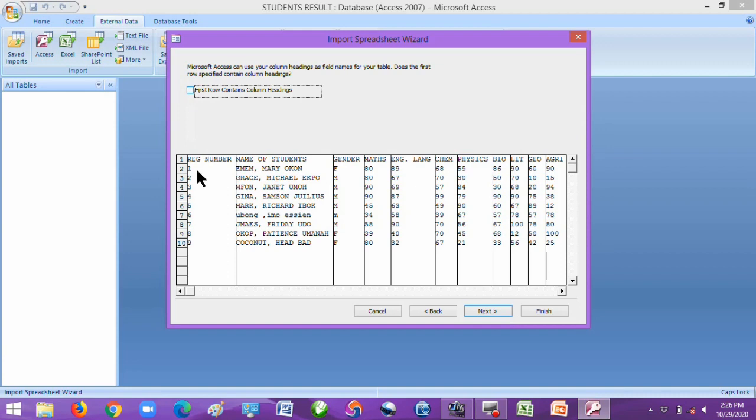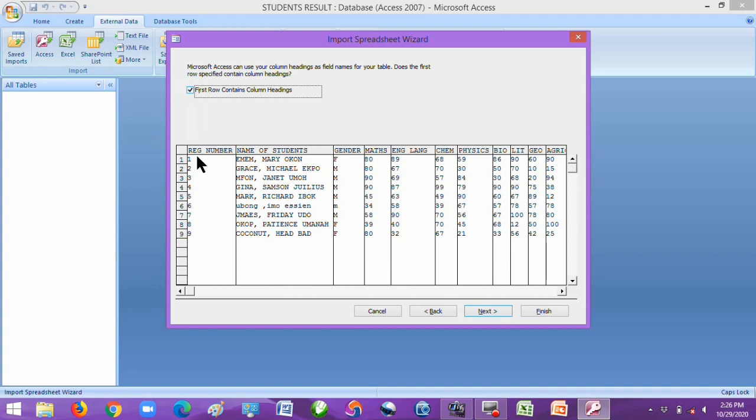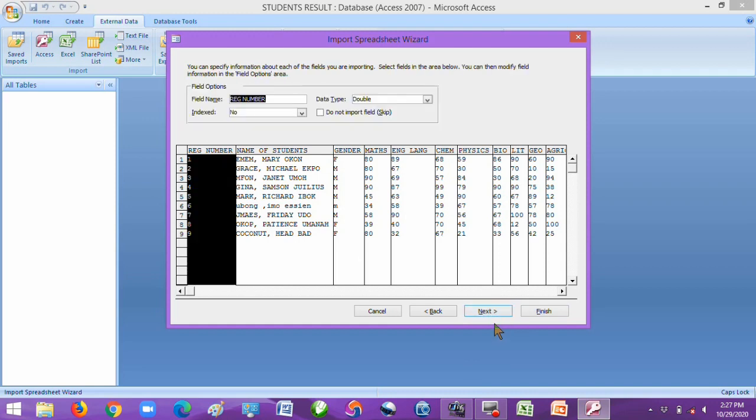But if you will not allow it to be used as the column heading, you can deactivate this. As you can see, it has matched everything within the table. But once you tick this, it has specified that the column heading, which is the first row in the Excel table, will remain the column heading in Access. Then you click Next. As you click Next now, you can see that it will still tell you to specify further things in this table. This one does not matter. You can just allow this and then click on Next.